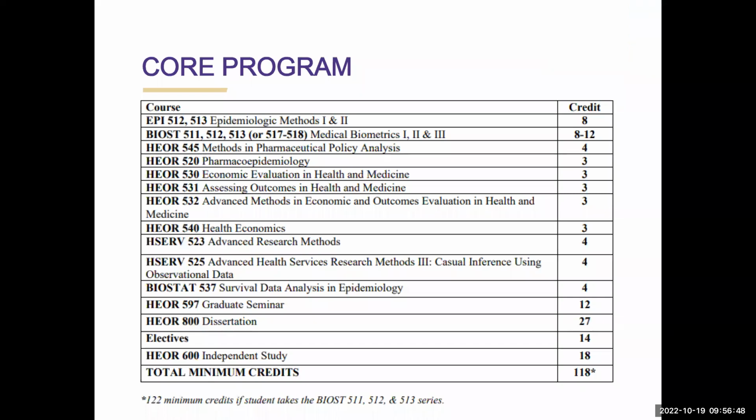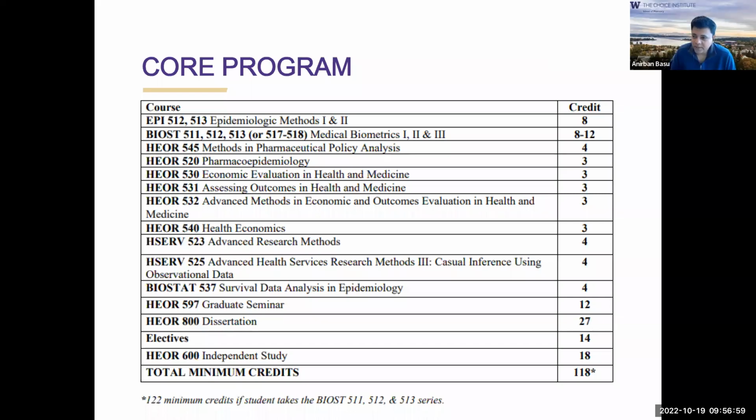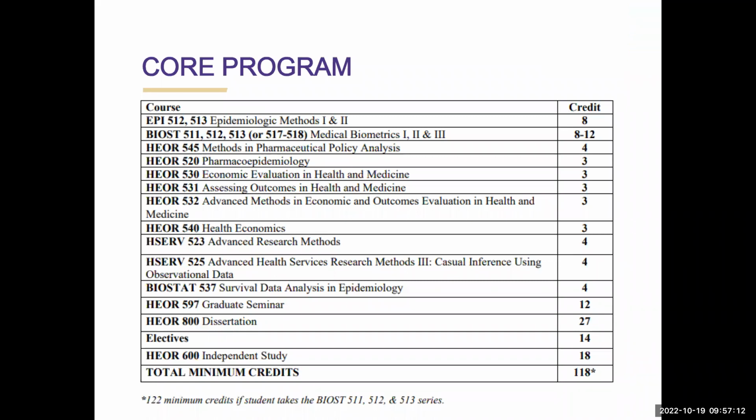Would that just be listed on there, but it wouldn't be a PhD degree in data science? No, you will still get a PhD in health economics and outcomes research. It's like you are getting a certificate or an option along with your PhD. Thank you so much. That was really helpful.